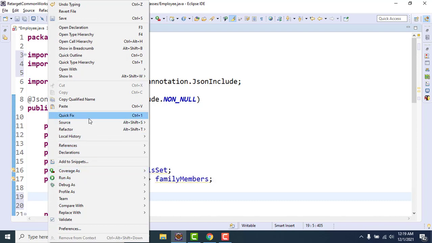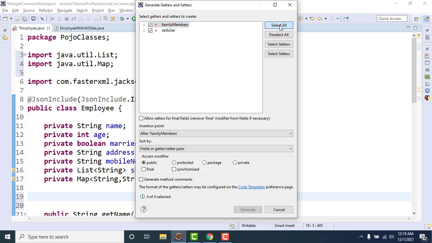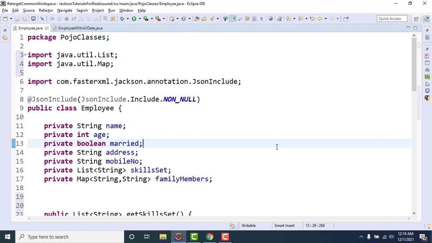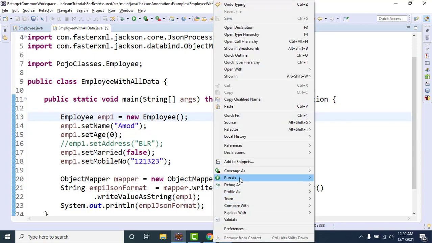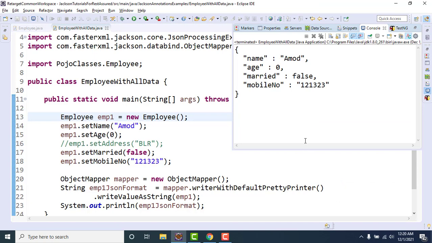Let me add getter and setter methods for these new fields. Right click, go to source, go to generate getters and setters, select all and click on generate. Very simple things we have done, simply we have added two new fields. Now if you run the same example which we created in the last video, it will work fine, and we can see we have not set the values for skill set and family members, and those fields are not coming in JSON.